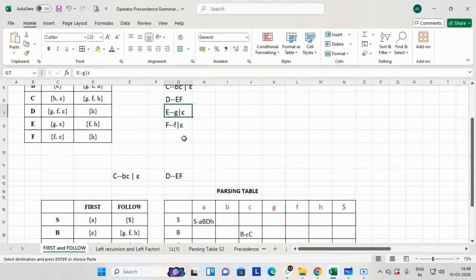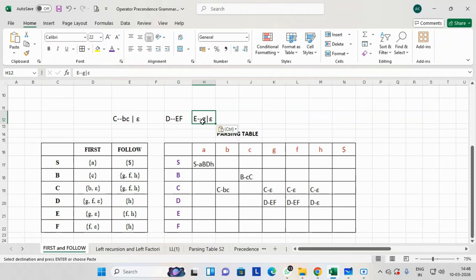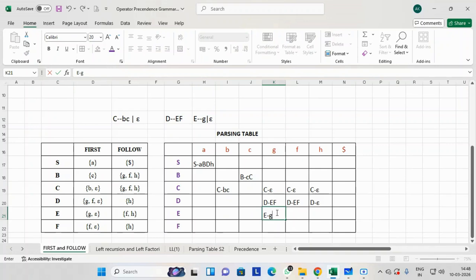My next grammar is E giving G or epsilon. So obviously what is first of E? G. So in E and G I will write E giving G, whereas E giving epsilon will be written in the variables which are mentioned in follow.